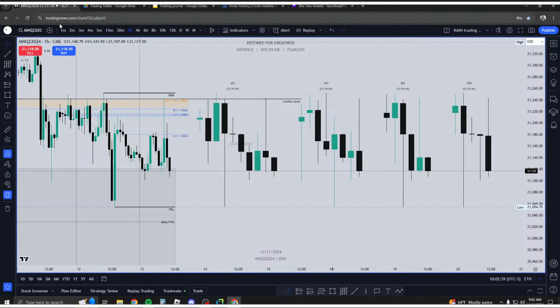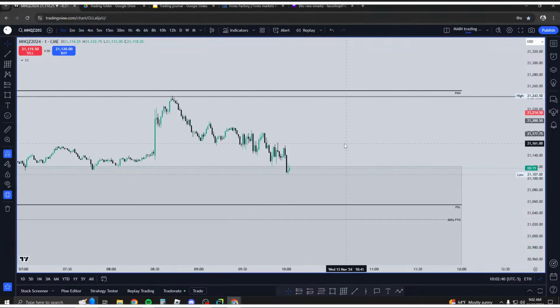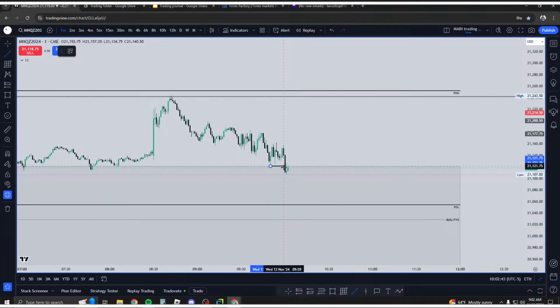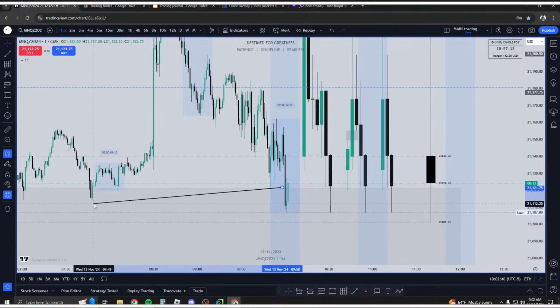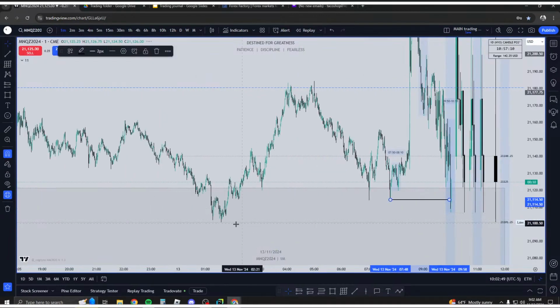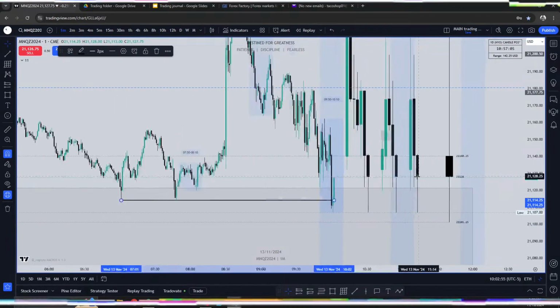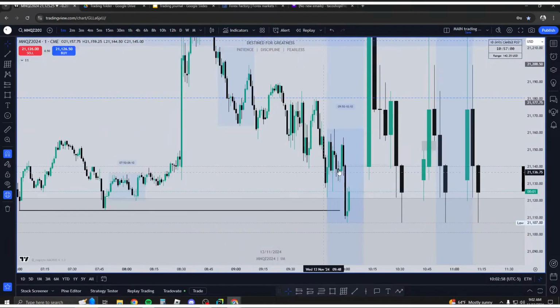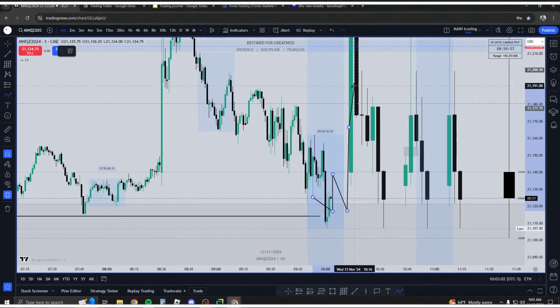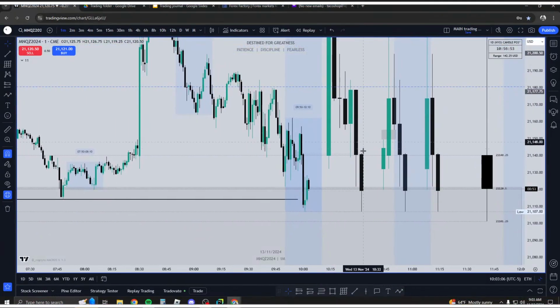So let's say we took out, so this was the 4 hour low, 4 hour, 8 hour low. Or I think it was this one, actually. I'm not entirely sure. It was probably that low, or this low. So after we take out that objective, will we displace back inside this range, or will we continue to sell off? That's really up for time to tell.